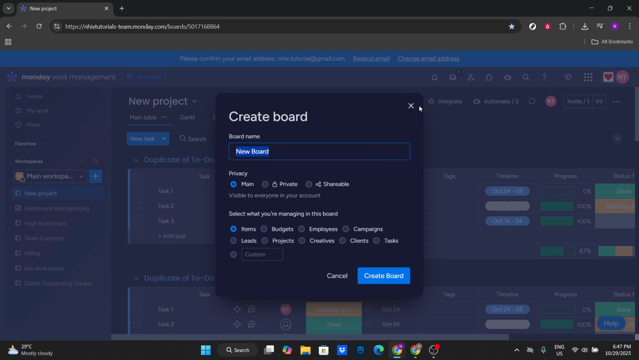With the board created, your next task is to organize it. Click on the Group Title section and create groups